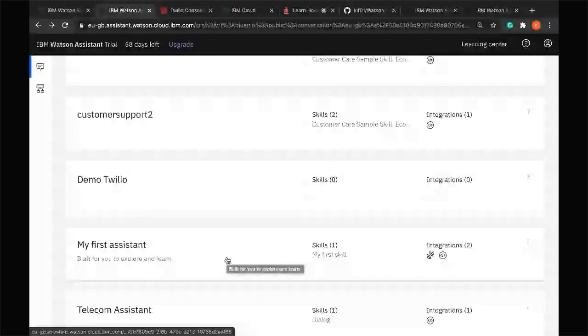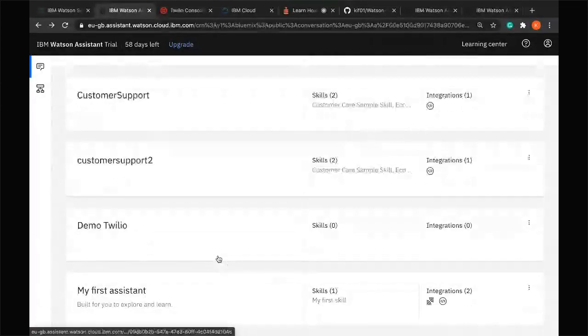There's no coding involved. We just do some clicks. It's just a basic step of clicks. So we just assigned our Twilio number to Watson Assistant, and we took the URI from Watson Assistant and put it in Twilio, and that's it basically. You will be able to have your virtual voice agent and you can talk to it. So let me go back to my presentation